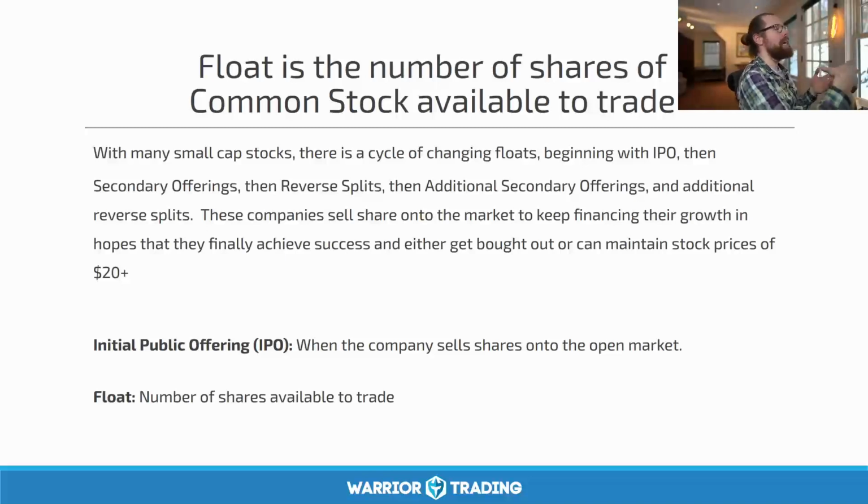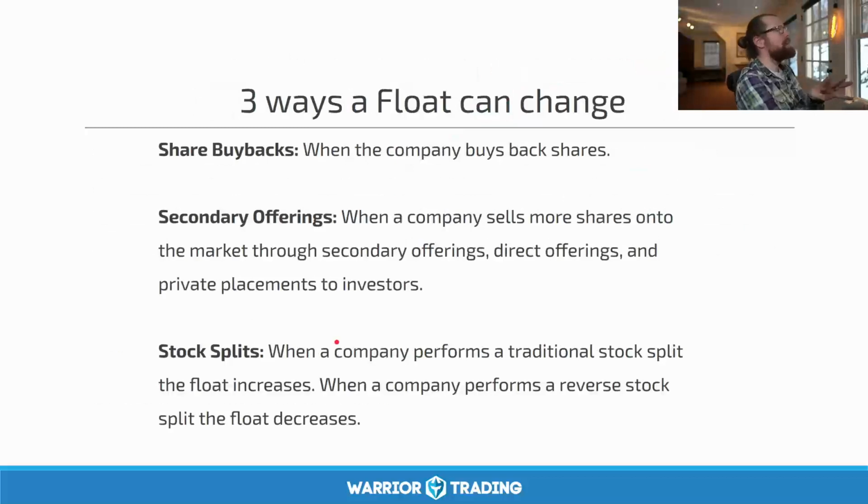So we could understand that after that initial public offering, there is a high likelihood that they will have to raise more capital. And they can raise more capital in a number of different ways that we'll talk about in just a moment. So, the three ways that the float can change from that 10 million share initial public offering, which is just an example, because an initial public offering can be any number of shares. It could be a billion, it could be 100 million, but we're just using 10 million as an example. From that 10 million share IPO that Warrior Trading is doing to develop Uncle Steve's magical hair rejuvenation treatment,